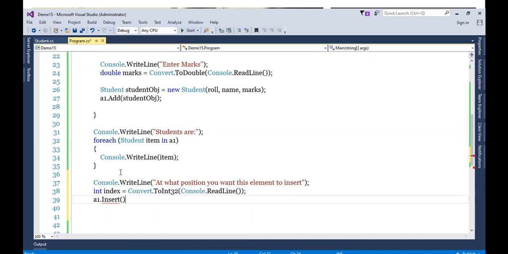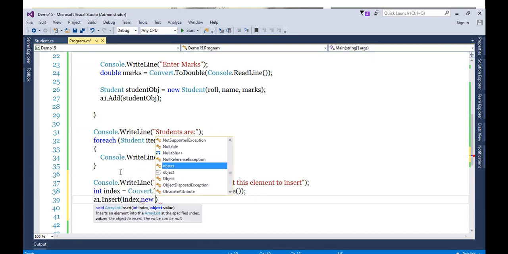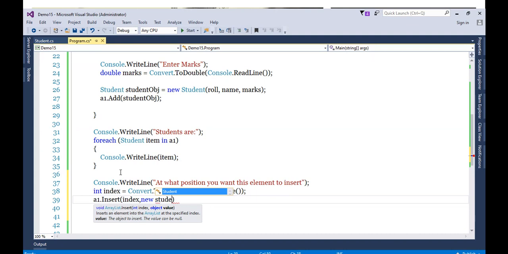Then we'll write here index, and right now I'm not accepting it from the user. Simply I will give a student object by giving values.